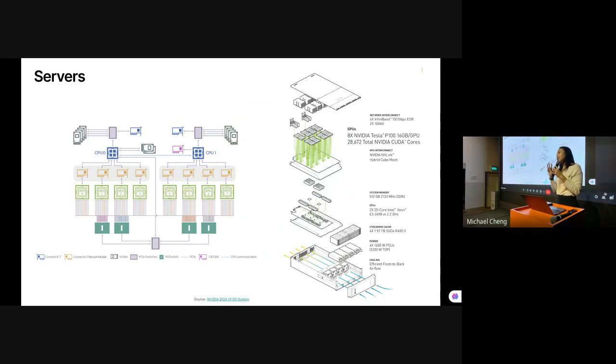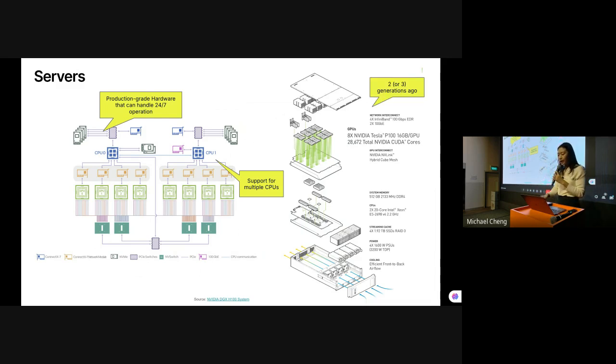So now moving to where this links to data centers, at a higher level, we have the servers. This usually just means it's production-level ready and can handle 24/7 operations. So they have all the pipelines, the measures, and the support for multiple CPUs. And fundamentally, it uses better parts, for example, purer metal alloys, so that it ensures they can be